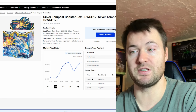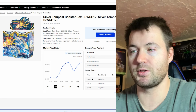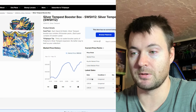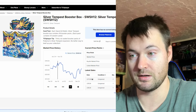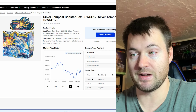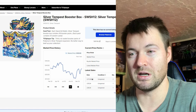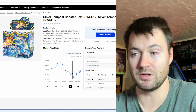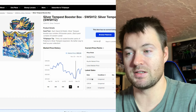We have Silver Tempest here. I love this set so much. I love the Lugia in this. Incredible set, $133.10 currently for its market price. 3 months ago, it's sitting at $112.12. So look at the 1-year chart here. So as you can see, it's actually lost a bit of value, sitting at $134.28 a year ago. So it's lost about $1 in value. I still think it's going to rise quite substantially, considering we're just exiting the bear market starting in January, I